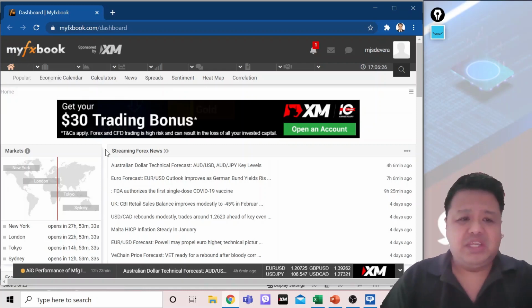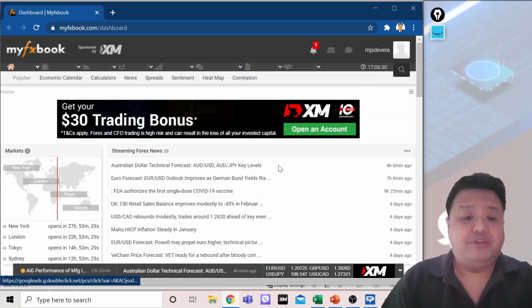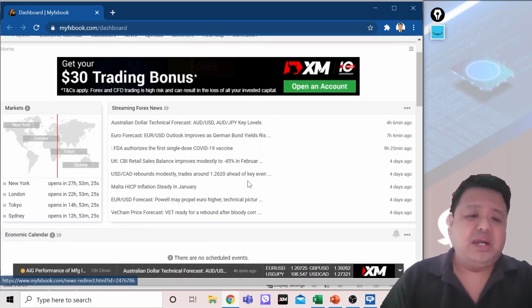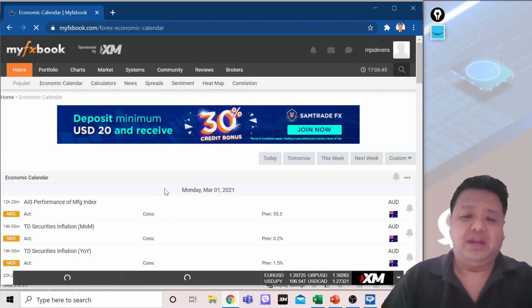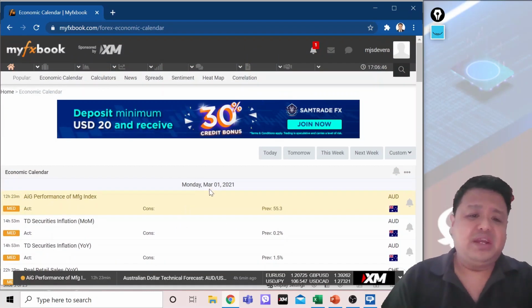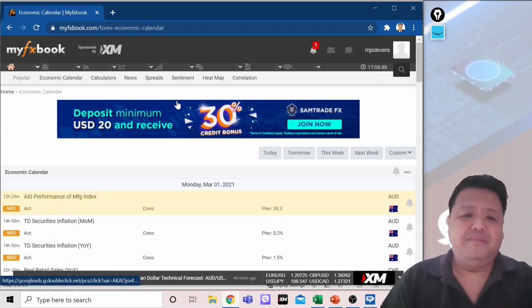Kung mapapansin niyo, ako po ay nakalagin dito kasi pwede kayong mag-create ng account for free and you can actually log in. So, meron tayong mga news that can affect the Forex market and we also have here our economic calendar. About economic calendar, i-discuss ko po yan sa inyo mamaya.